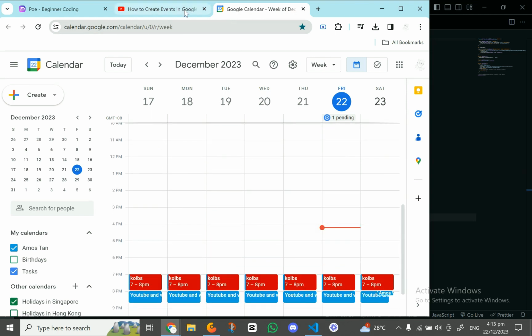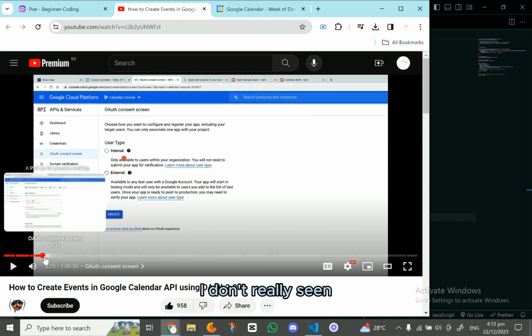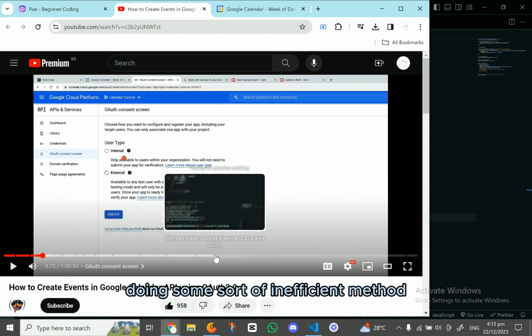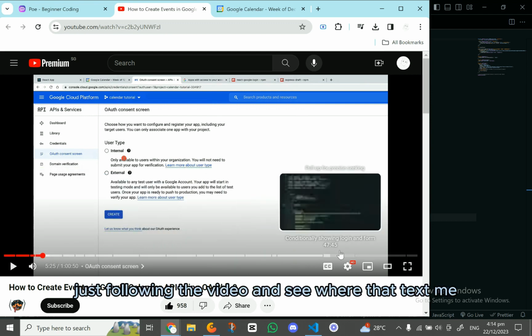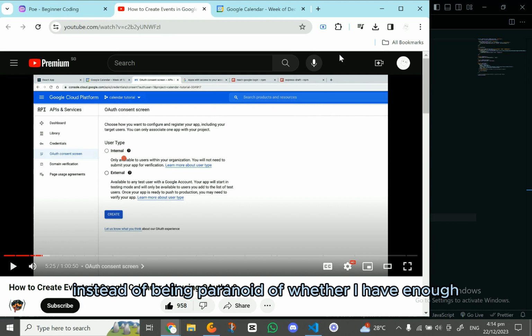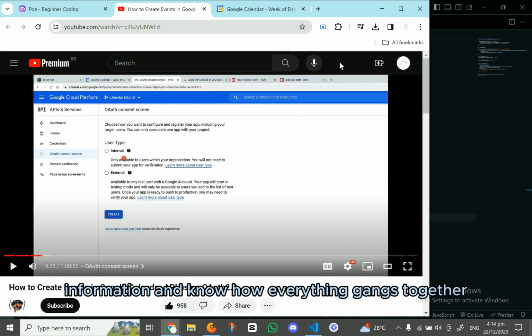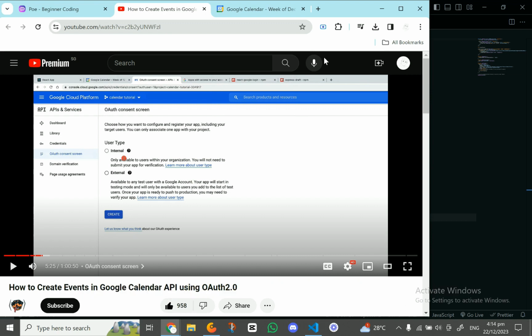well, I don't really see a big issue with just doing some sort of inefficient method, which is just following the video and seeing where that takes me, instead of being paranoid of whether I have enough information and know how everything links together, because I'm not going to be needing to recall this too often or at all after I make this extension.